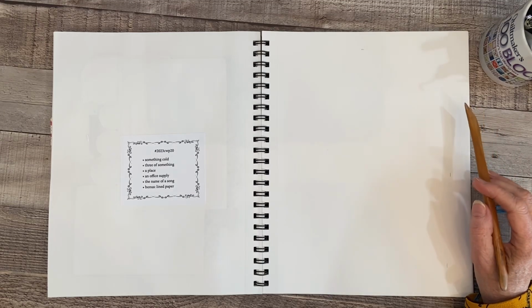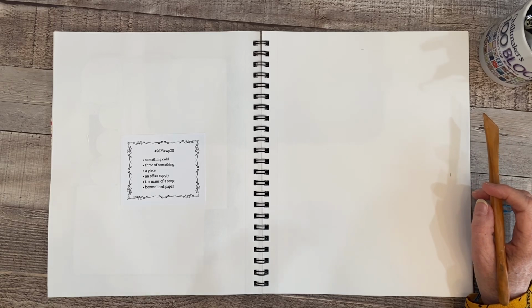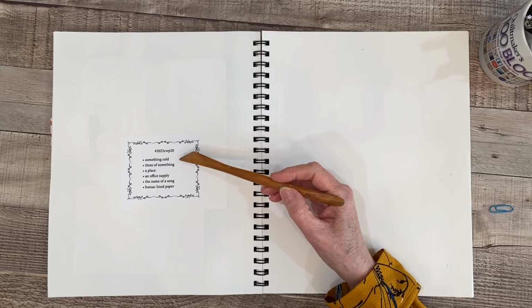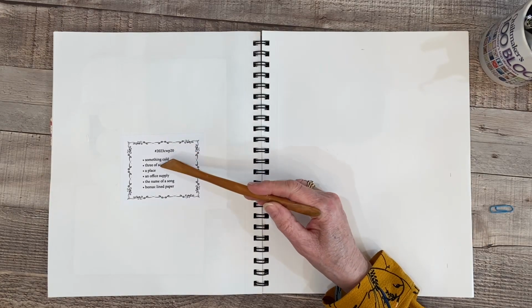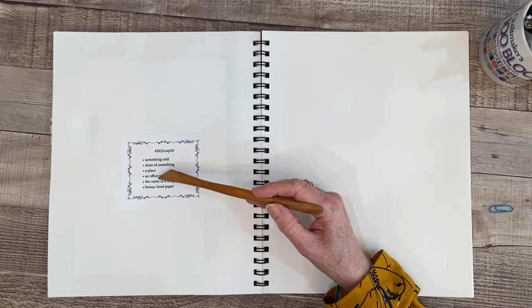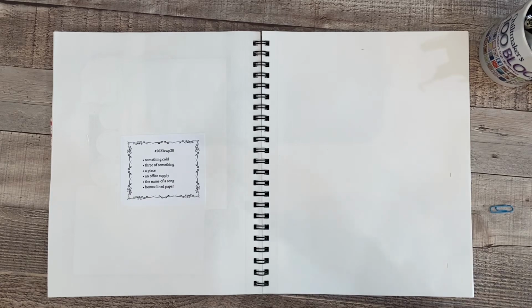Today I'll be working on Marguerite Miller's weekly collage planner challenge, and we're on week 20 already. The prompts for this week are something cold, 3 of something, a place, an office supply, the name of a song, and bonus lined paper. And so I'm going to start with the